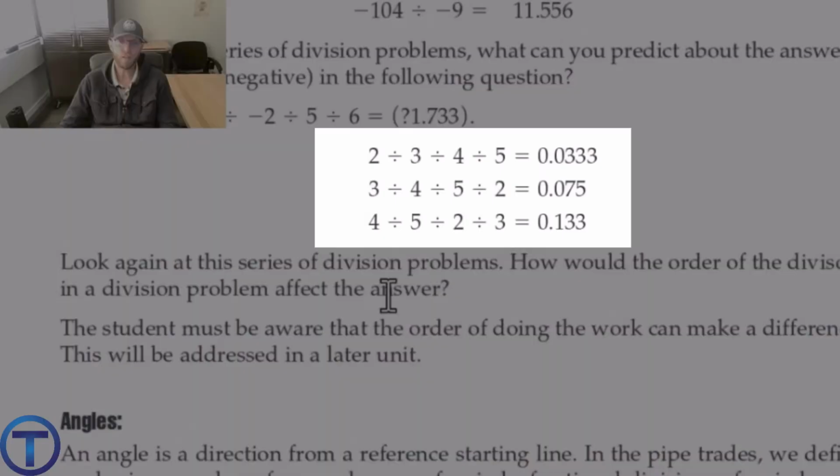Interesting though, when we start to go out of order with division, it significantly changes the end result. So in multiplication, it didn't seem to matter what number order we put. As long as we had those same numbers, we always get the same multiplied answer. With division, if you see here, we have 2 divided by 3 divided by 4 divided by 5, and we get 0.0333. We rearrange the order a little bit. 3 divided by 4 divided by 5 divided by 2 is 0.075. Quite different. And another example, 4 divided by 5 divided by 2 divided by 3 is 0.133. Each time we're going to get a difference, and so keep that in mind as we're dealing with division,